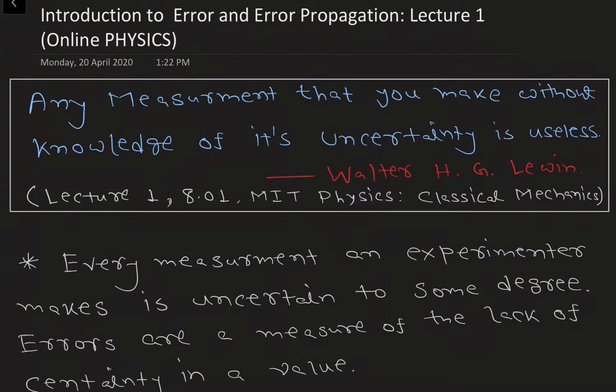In this video we are going to learn what is error, what kind of error we are going to face during experiment, how to calculate them, also how to tackle them. This video will be helpful for all the undergraduate students for their lab course. In the first video we are going to see different kinds of errors, and in the next video we are going to learn how to calculate the propagation error.